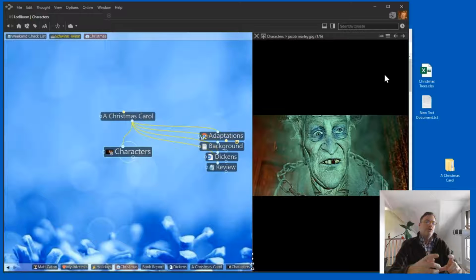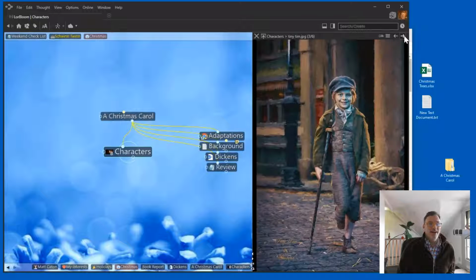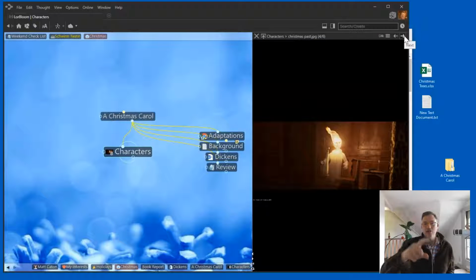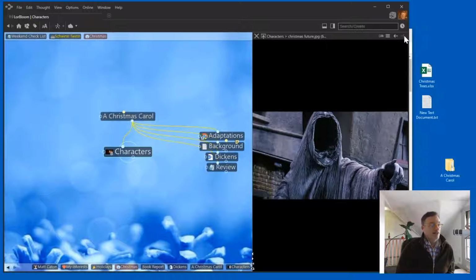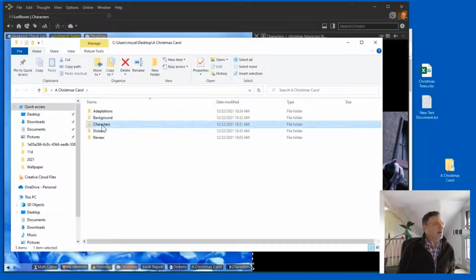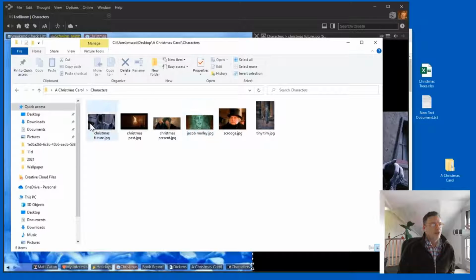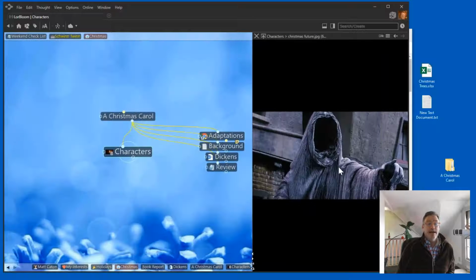play. And notice that when you've got images as attachments for a particular thought, I get this nice scrolling feature. So I can click through and look at each of the different characters in Charles Dickens' A Christmas Carol. And that, once again, was just simply a directory. Here's characters. Those are all the 6 different images, but I could scroll through those now here in the content